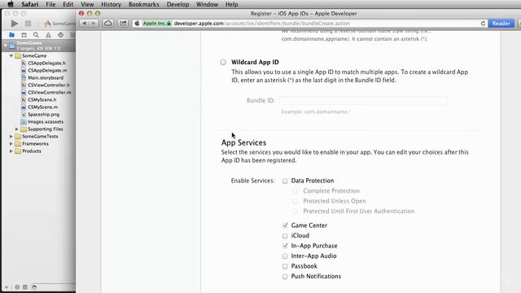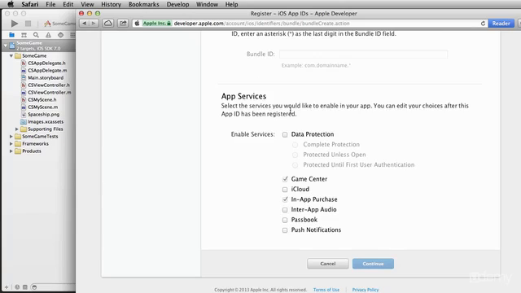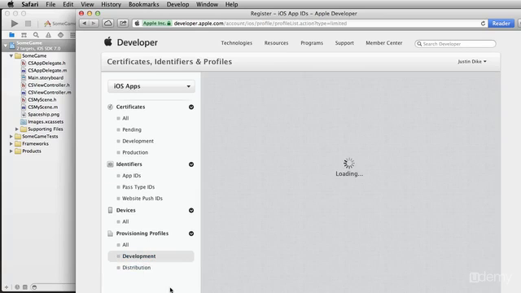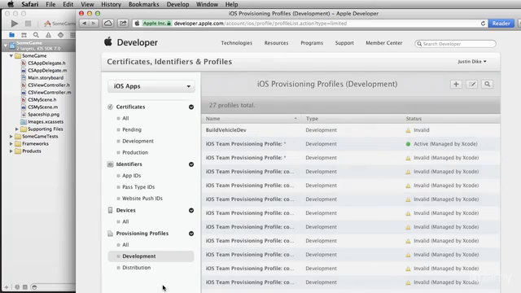And then for app services, if there's something that, let's see if these are related again, you probably want to leave these checked off right here. And then if you're just making a game, I don't think you want to deal with Passbook or iCloud or data protection. So you can probably just go over here and click on continue, and basically at that point you'll have your app ID, and then when you are creating your provisioning profiles, so let's cut down here, your profiles